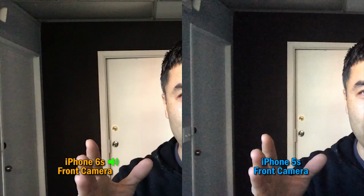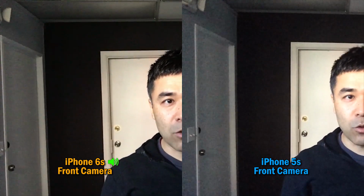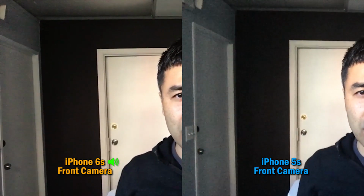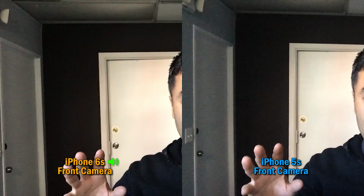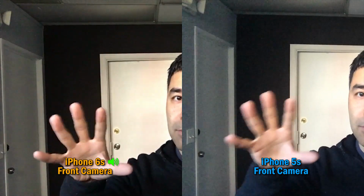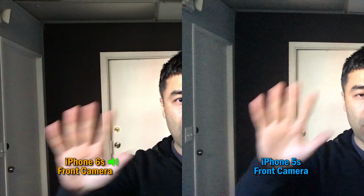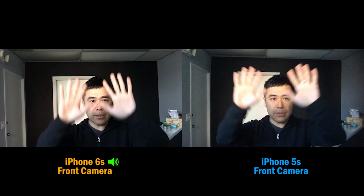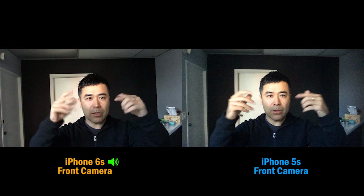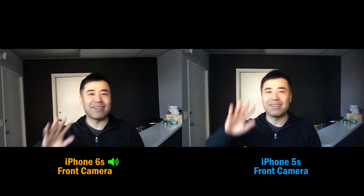Visually, you can see better than me at this point, but it looks a bit noisier and grainier on the 5S. The 6S seems to be handling the low light, so obviously the ISO has been bumped up, maybe to about ISO 800 perhaps to be able to shoot. And you can even see the shutter speed is low, so there's a little bit of a, I don't know what it's called,